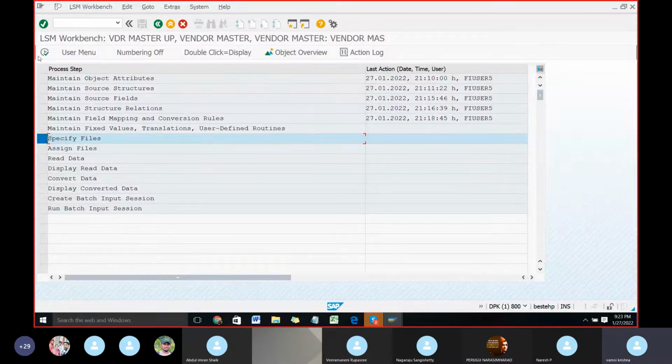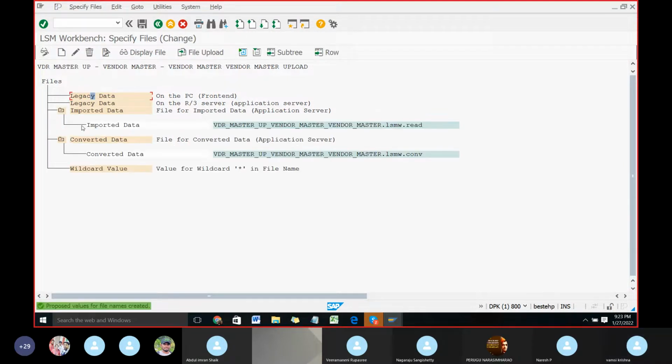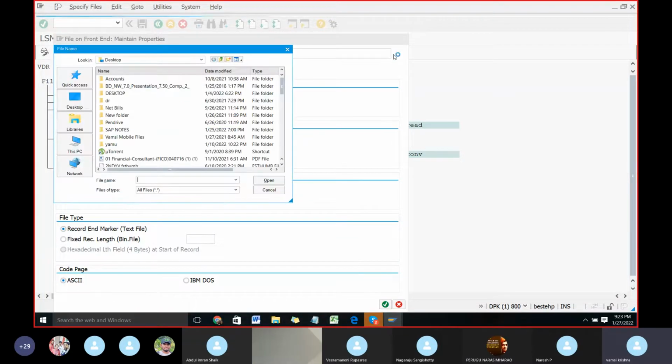Select the 7th step and click on execute button. And here we have to select the legacy data and click on display changes. And here we have to select the legacy data and add entry. Once we click on add entry, we will get a file, the file which we have saved to desktop,